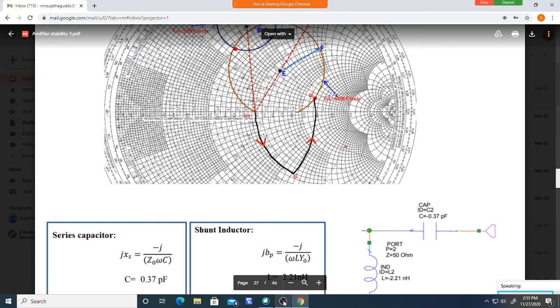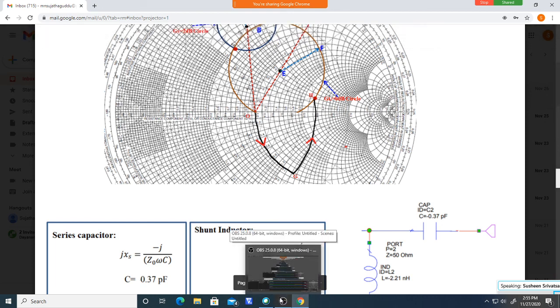Ma'am, what's the pattern for tomorrow's quiz? Same, multiple choice questions will be there, similar to the previous quiz. Short answer type, matching type, and multiple choice will be there. All combinations will be there. Do not expect only multiple choice questions. Short answer type will be there, matching type will be there, and one more is true and false. All four combinations will be there again, similar to quiz one.